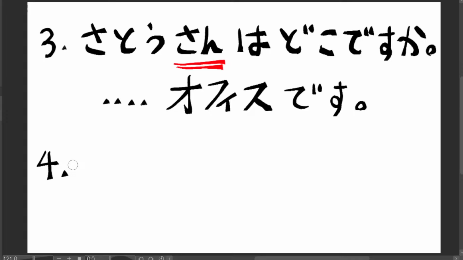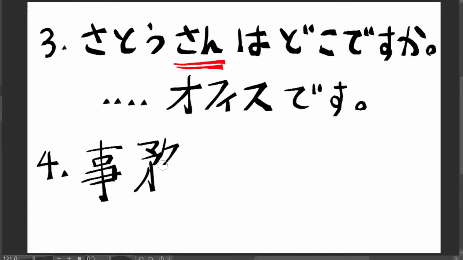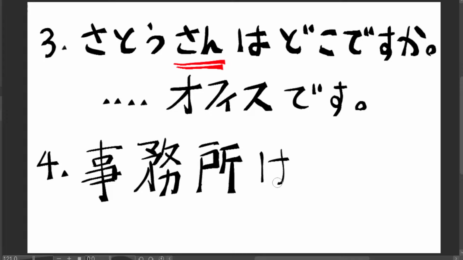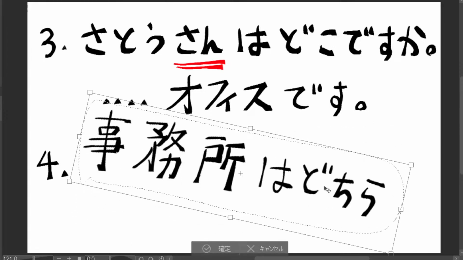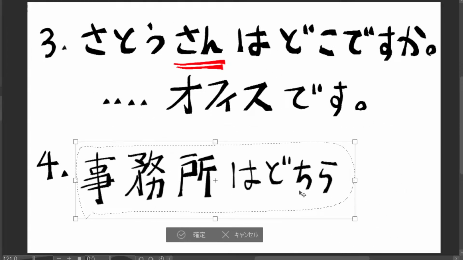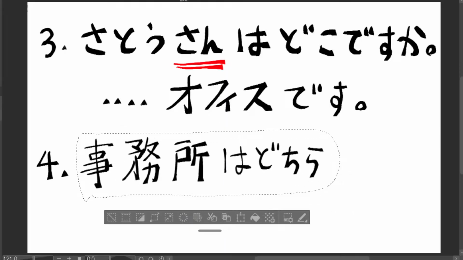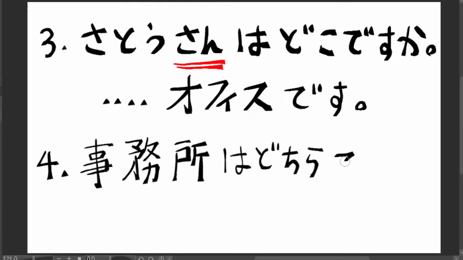事務所はどちらですか？ あちらです。 Okay, so I need to write some kanji here. じむ、事務所。 事務所はどちらですか？ I wrote that too big. Wait. よいしょ. 事務所はどちらですか？